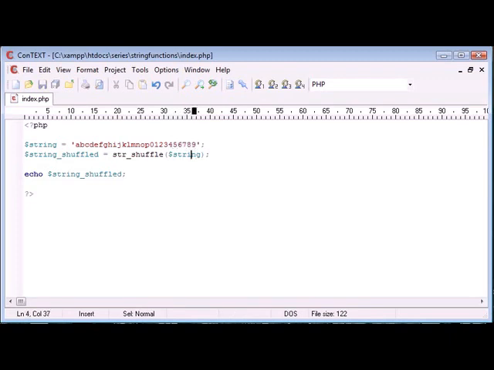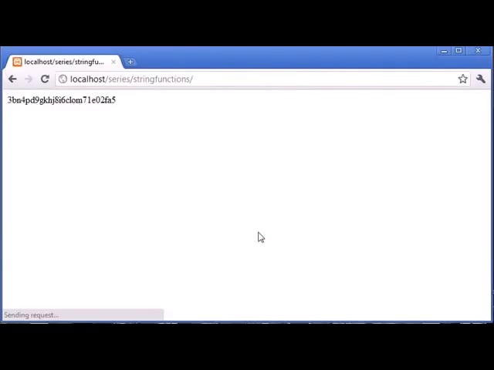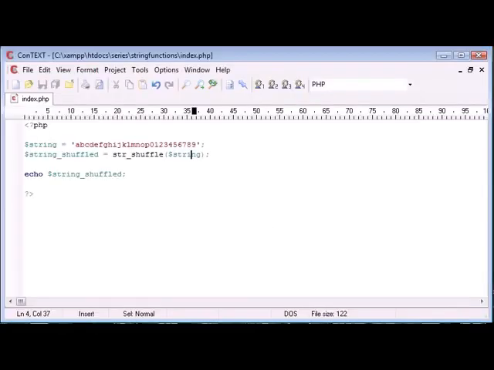What this is actually going to do is generate a random sequence of letters and numbers. So let's go ahead and refresh. You can see that it's just generating a random sequence of letters and numbers. Again, really good for randomization of, say, a file name or a URL. Say you had a website that created a shortened URL. What you might want to do is say